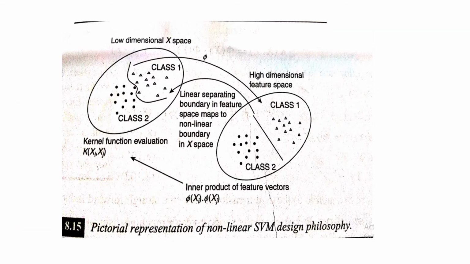Here we can see how it is represented pictorially. In the first diagram, there are class 1 and class 2. If we want to draw a linear hyperplane, it is not possible in the first example. So we have to convert into a higher dimension. These data points are transformed into the higher dimension, where the input space becomes the feature space. This we obtain by using the mapper function, phi of xi dot phi of xj.